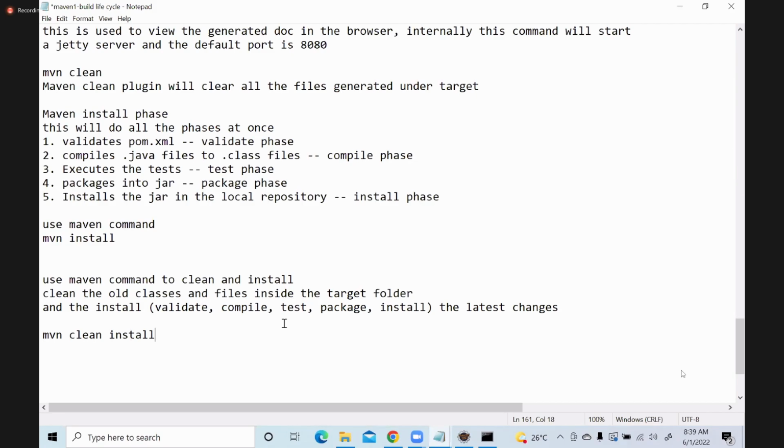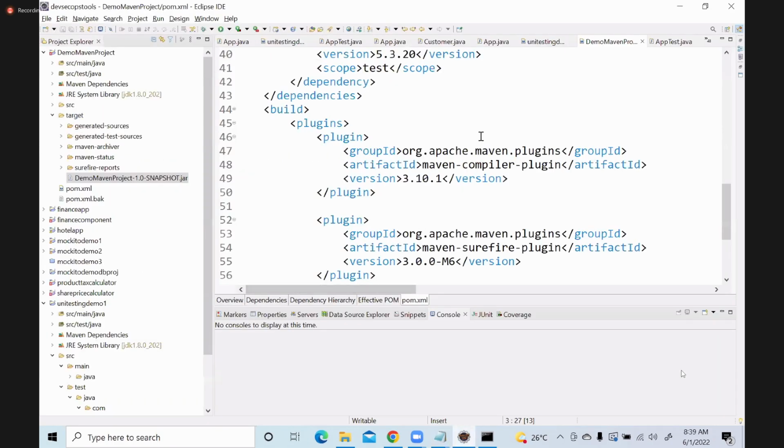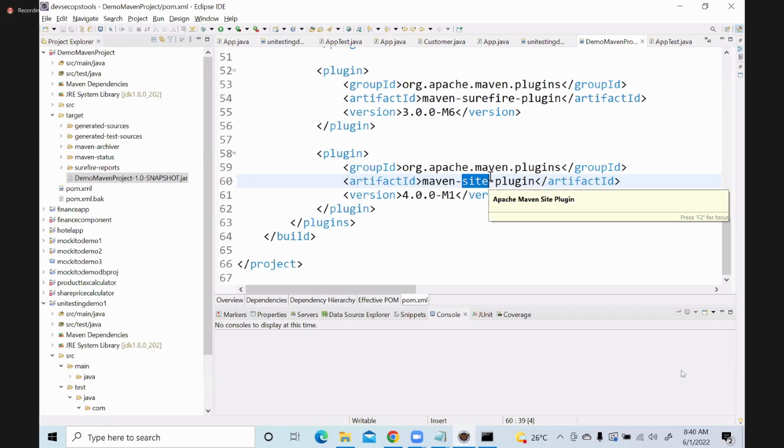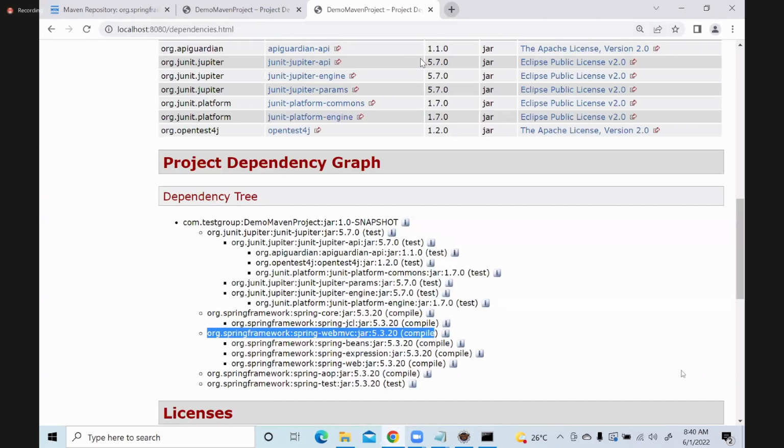Okay. Actually, by default the install plugin is not required. Otherwise, if you want to use the install plugin also, you can use it. Just like how I used the compiler plugin, surefire plugin, site plugin, you can go for the install plugin also. But by default, with the latest version of Maven, the install plugin will automatically do all that. You don't need to add the plugin also. If you want to add the plugin also, not an issue. So if you want to add the plugin,